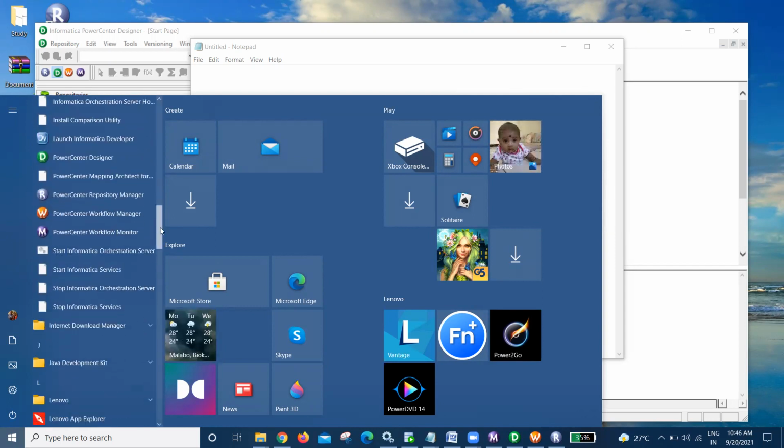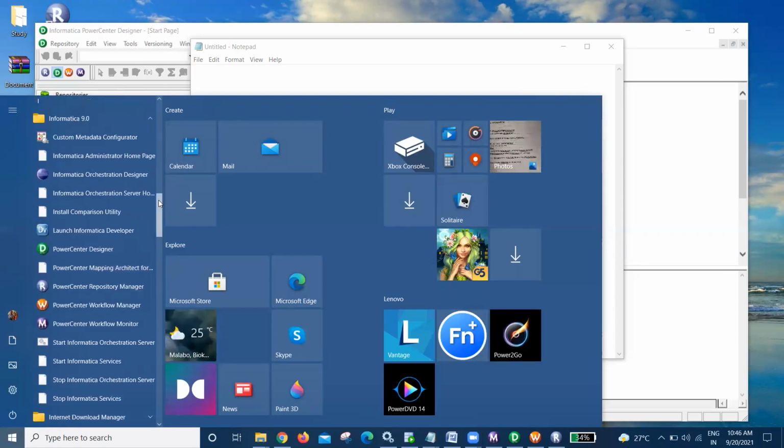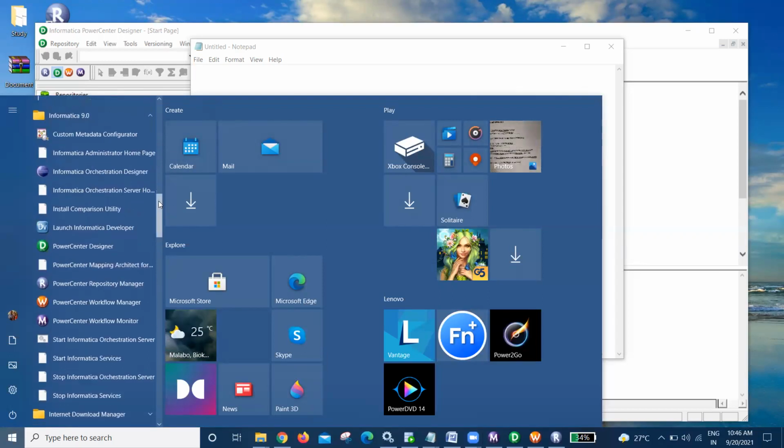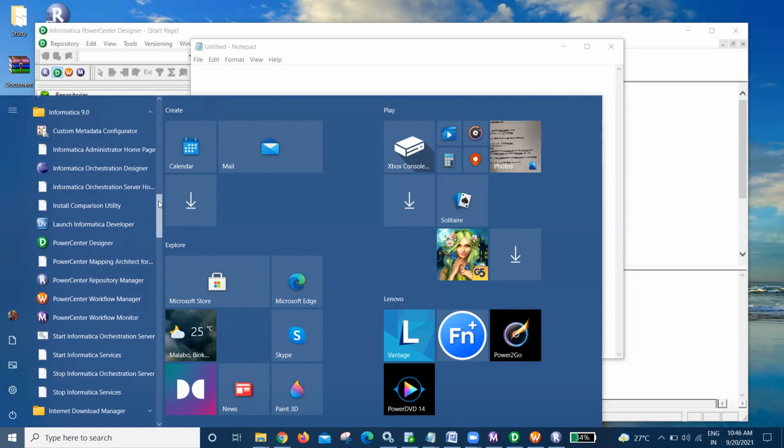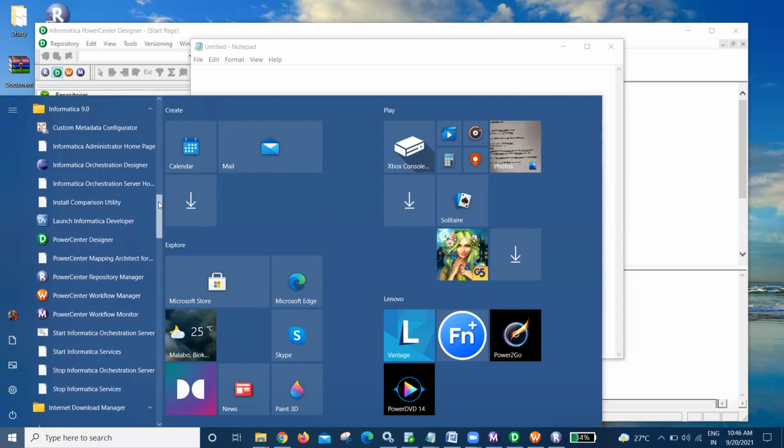The major component tools that are used are PowerCenter Workflow Monitor, Workflow Manager, Repository Manager, and Designer, Informatica Developer tools, and one is the PowerCenter Mapping Architecture. I'll go through them one by one, what each one is and for which purpose the tools are used. So let's start with the first tool, called Designer.